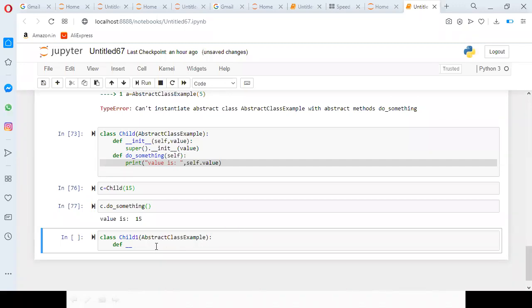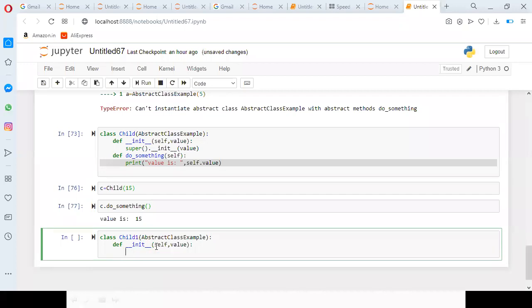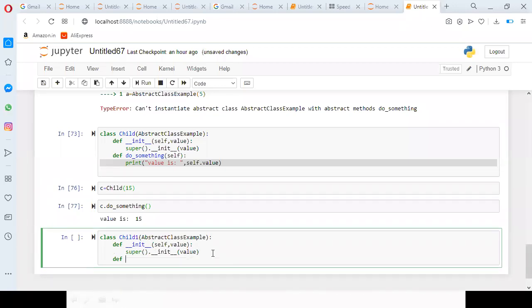So def __init__, self comma some value. Simply super().__init__ with value I'm passing. Then after that I need to implement do_something. They may use it for some other purpose.